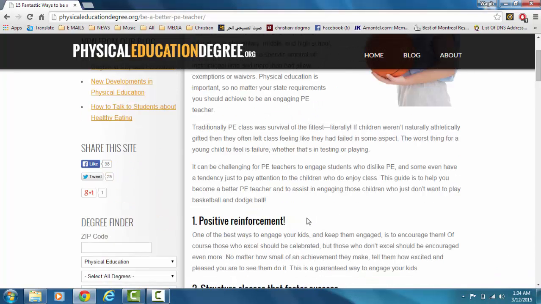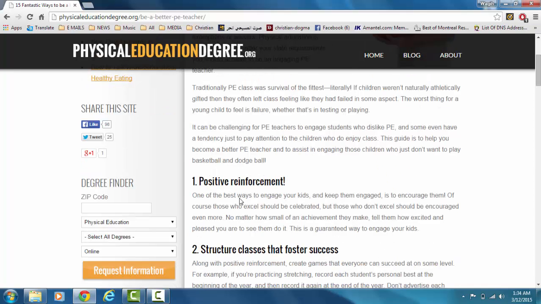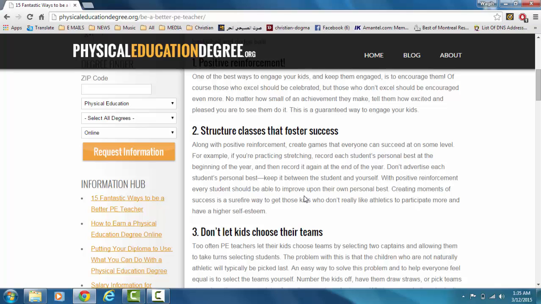The first point gives you 15 major tips to improve your teaching as a PE teacher. First of all, it tells you to give positive reinforcement to your students. That way they can engage in the activities and not get discouraged if they fail. The second point says that you have to structure your classes so that they can foster success. Basically what this point says is that you have to make the students want to pass and keep a healthy